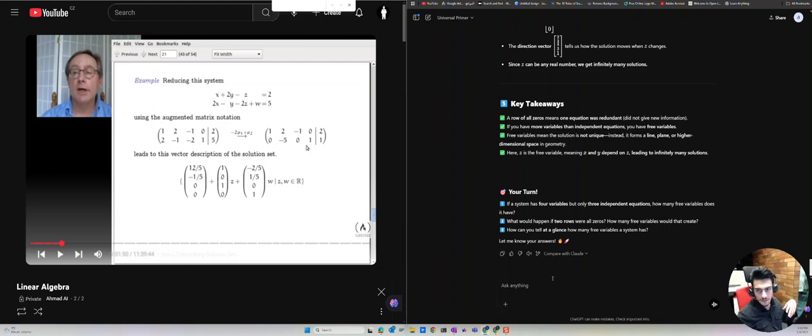So the first one, if a system has four variables but only three independent equations, how many free variables does it have? It's supposed to be one. What would happen if two rows were all zeros? How many free variables would that create? Two. How can you tell at a glance how many free variables a system has from the zeros, from like the vector zeros? Uh,